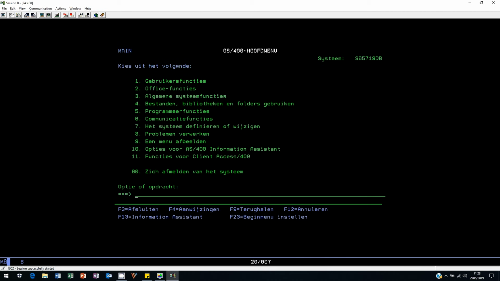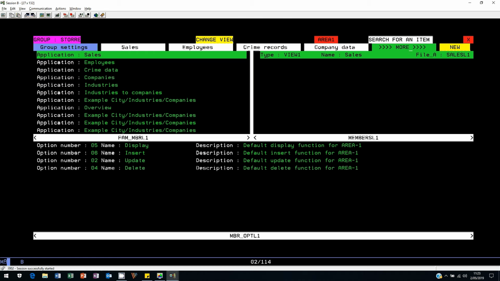Hi there. In this tutorial I will show you how to create a view type 3 application, a view type 4, a view type 5 and a view type 6 application. Let me start by giving you an example of a view type 3 application. If you go to this group over here and I go into the menu bar to the application City, Industries